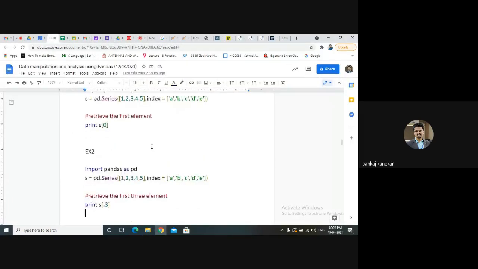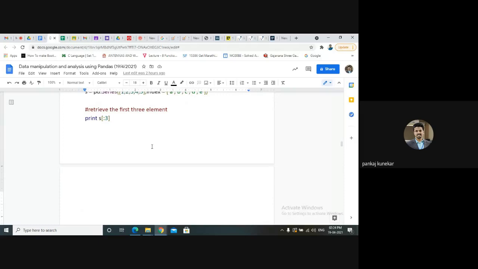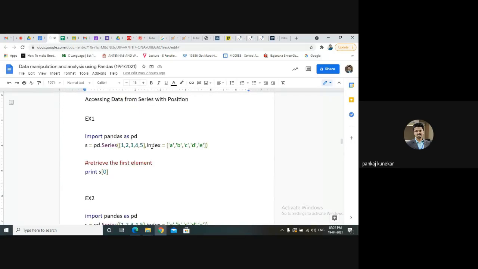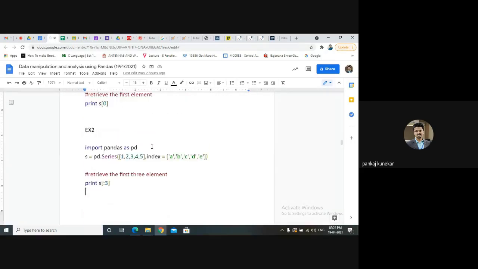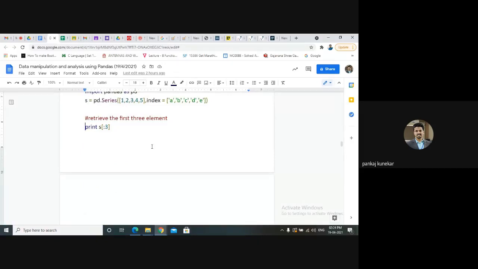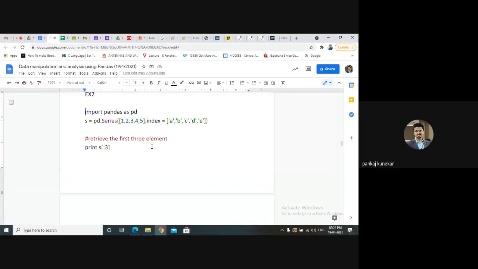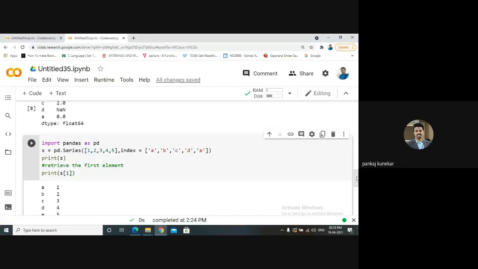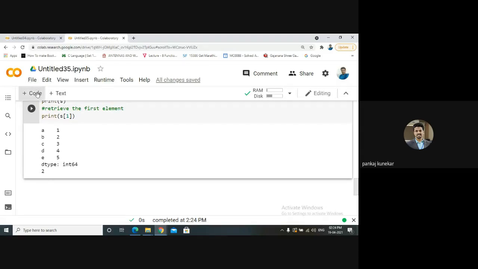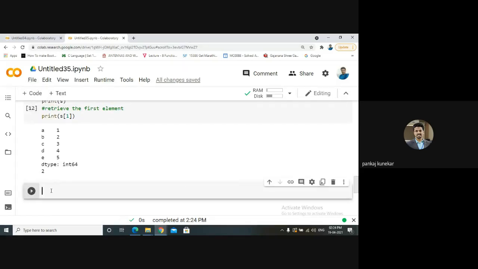One more example. We already saw this. This is the way we can retrieve a number of elements using slicing. We saw slicing in our previous examples. We can give a slice and retrieve a number of elements.